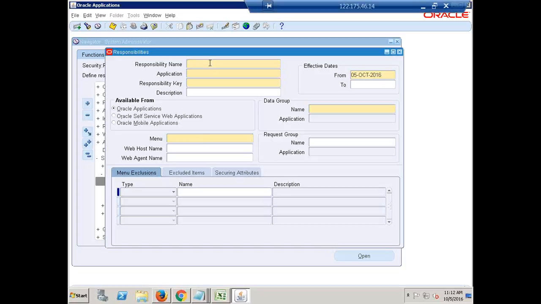We'll be creating our own related things, menus, request groups. At that time I'll explain to you. But now let's see how to create the responsibility. We want to create a responsibility for HCL, right? Let's create for general ledger. So I'll give the name as HCL